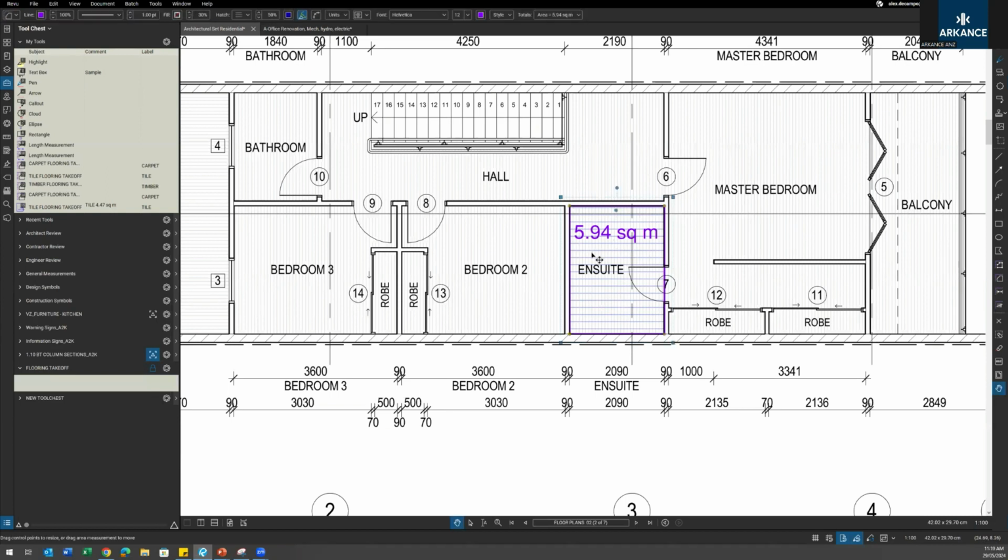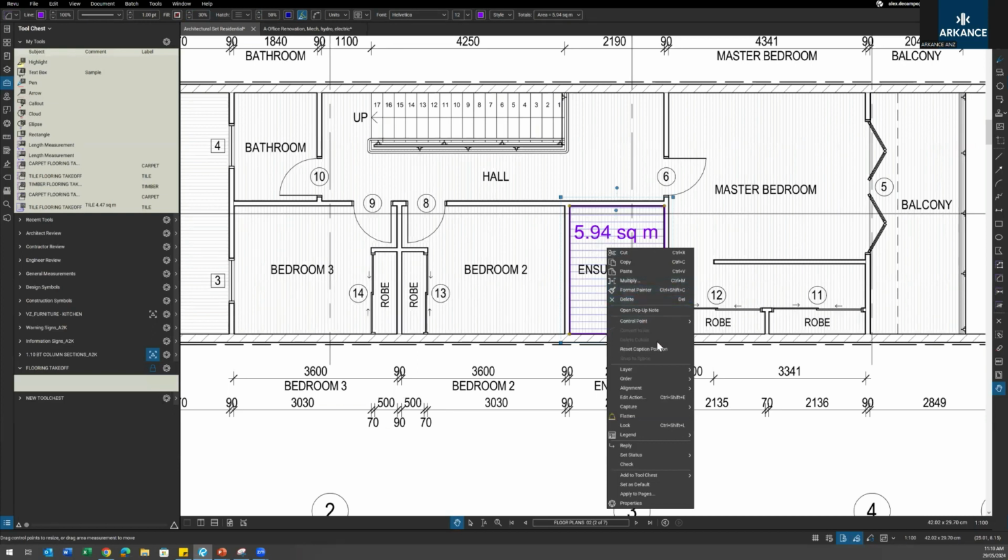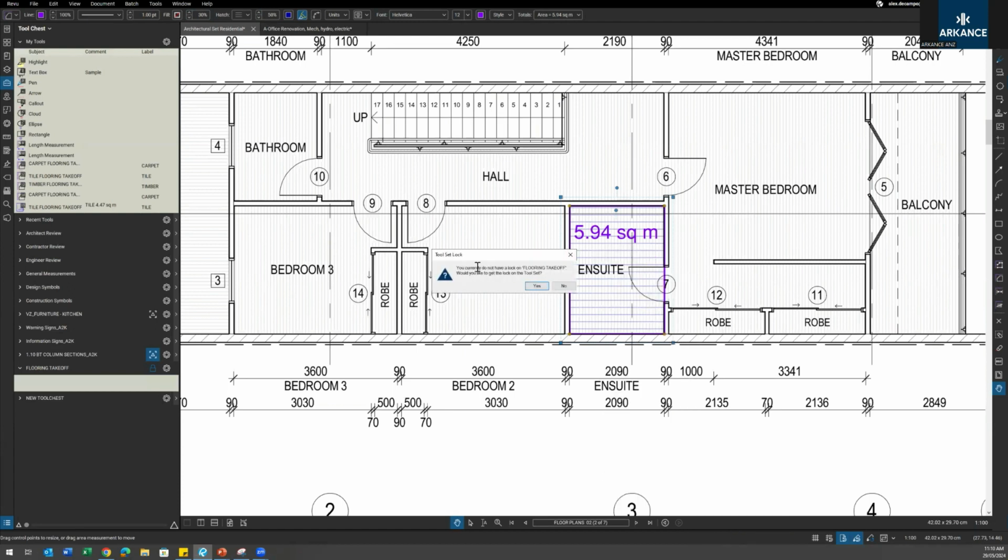But now I need to add it to my tool chest and give it some properties when it's in there. So just right click on the markup we've made, with everything as we want it to be, and add that to our tool chest, flooring takeoff, just with a right click. It'll ask us to lock the tool set. So that now locks it, meaning that the tool chest that we've saved, as in the file on our desktop,